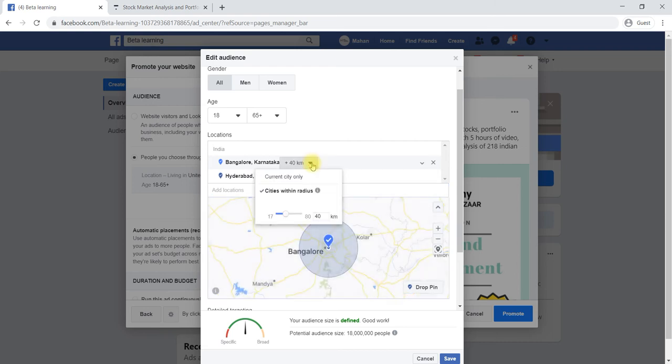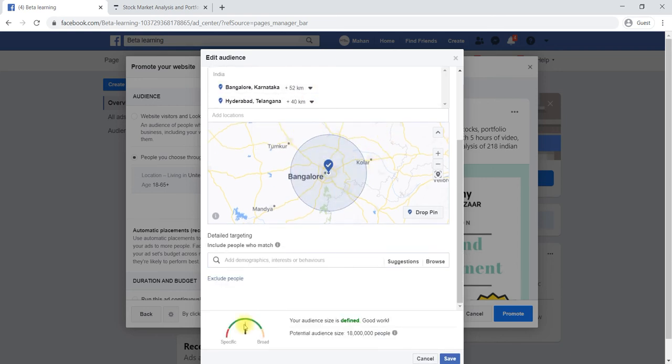Again, I can change the radius, like from the center, how many kilometers this particular ad can cover. Then it will show you how many potential audience are there. Around 1 crore 80 lakh audience you can reach. If you'd like to exclude any people, you can exclude here.